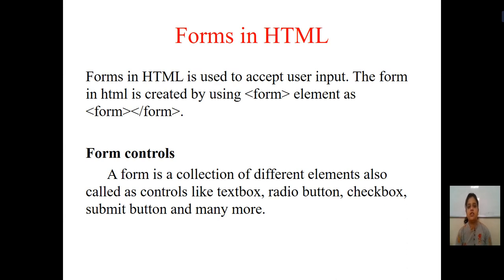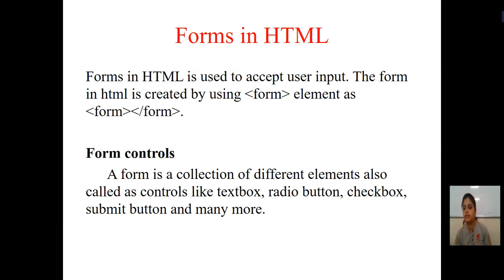Forms in HTML are used to accept the user input. A form in HTML is created by using the form element, as <form></form>. Form controls: a form is a collection of different elements, also called controls, like text box, radio button, checkbox, submit button, and many more. So students, what is the use of forms?